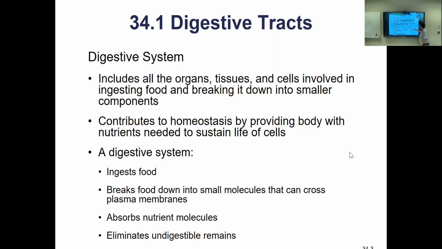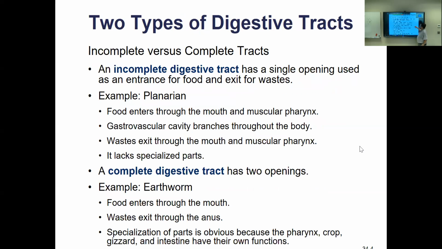So, break it down mechanically, chemically, and then absorb it into the body. And then my favorite one, I love talking about the elimination of food, right? Remember defecation, another name for poo-pooing, another name for number 2, our actual scientific name for number 2. We have a lot of food that can't be digested, cellulose, roughage, and stuff in our diet, and we're going to excrete that also.